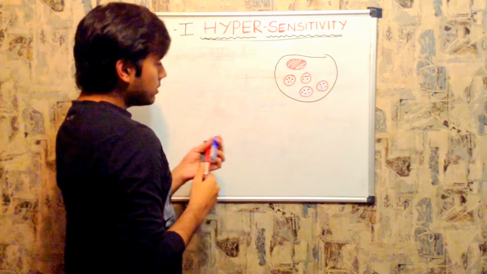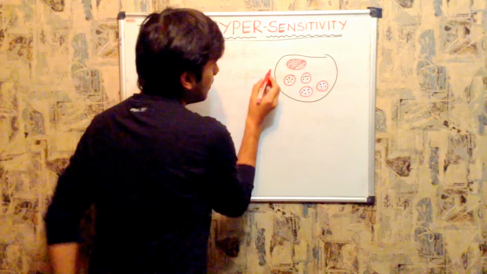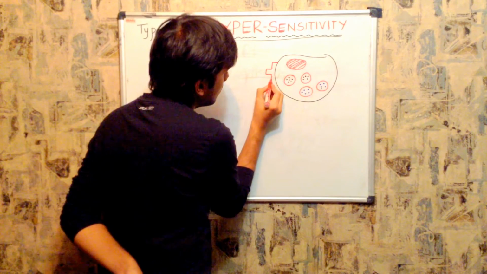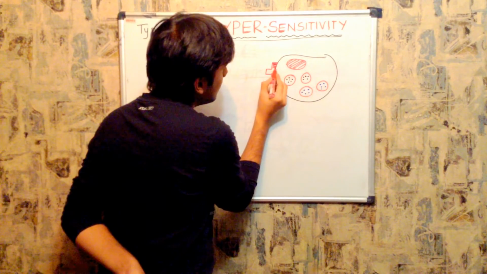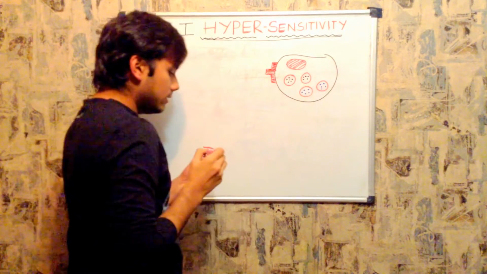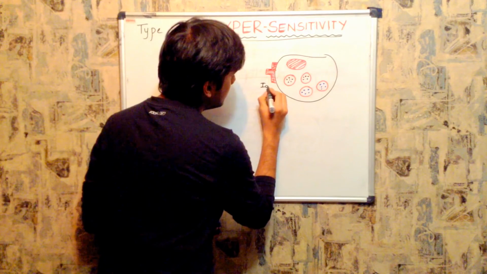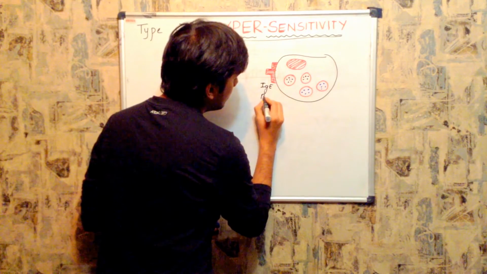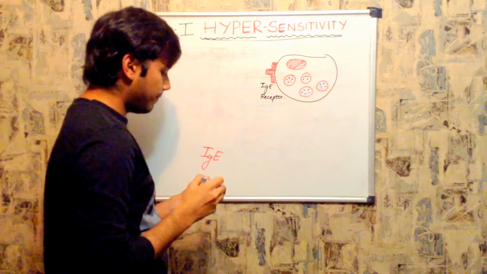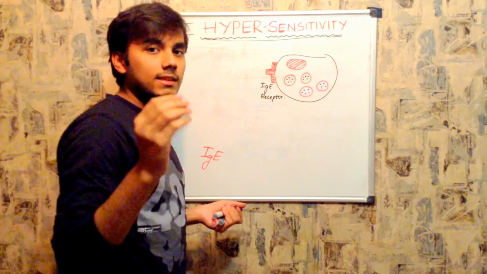One important thing which I love to mention is that on the surface of the mast cell there is a receptor like this. This receptor is named the IgE receptor. When there is, due to mutation, as I told you in genetic predisposition, a mutation of